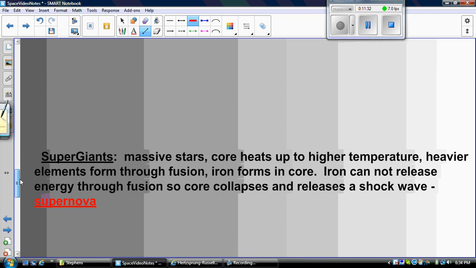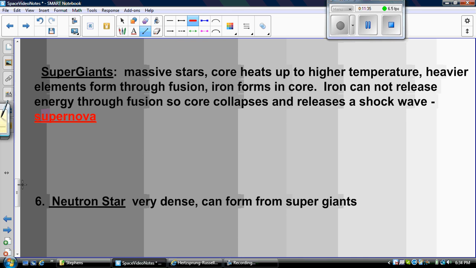Okay, now really large stars turn into supergiants. So the core heats up to higher temperatures, heavier elements start to form through fusion, and iron forms in the core. Iron cannot release energy through fusion, so the core collapses, and when it does that, it releases a shock wave called a supernova. So pretty much what happens is when a star runs out of hydrogen, it starts to try